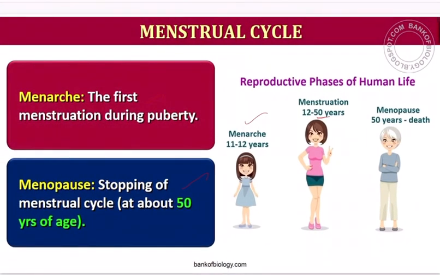And once the menstruation phase is over, now comes menopause, that is the stopping of the menstrual cycle. As I said, this menstrual cycle normally should stop at 50, but this age is coming down. Hence, we need to have a normal lifestyle without any stress, to ensure that the physiology as well as the anatomical features continue to take place. There are three factors that will decide. Factor number 1 is the diet, factor number 2 is the lifestyle, and factor number 3 is de-stressing oneself. So if these three are followed, then there will be not much